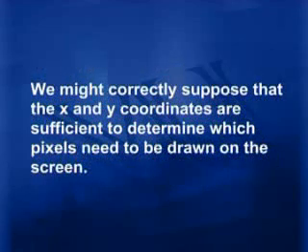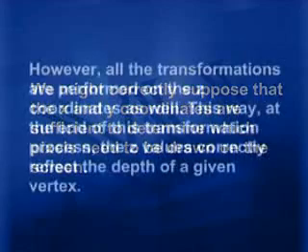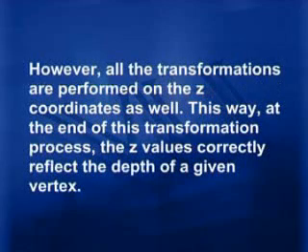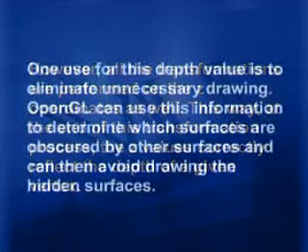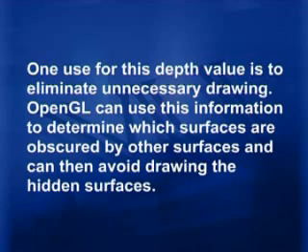We might correctly suppose that the x and y coordinates are sufficient to determine which pixels need to be drawn on the screen. However, all the transformations are performed on the z coordinates as well. This way, at the end of this transformation process, the z values correctly reflect the depth of a given vertex. And one use of this depth value is to eliminate unnecessary drawing. OpenGL can use this information to determine which surfaces are obscured by other surfaces